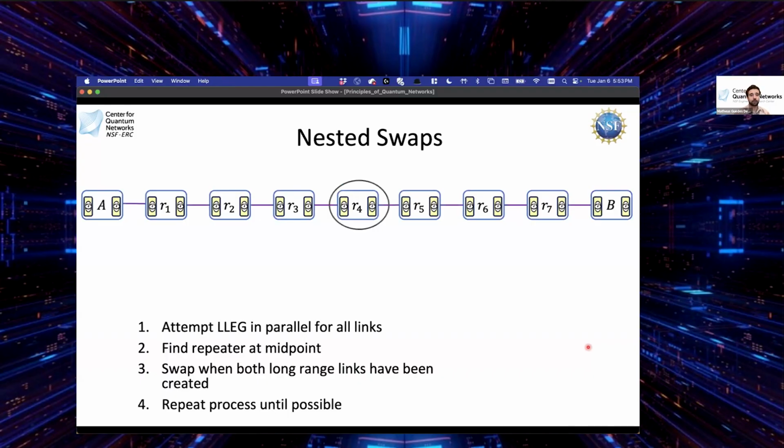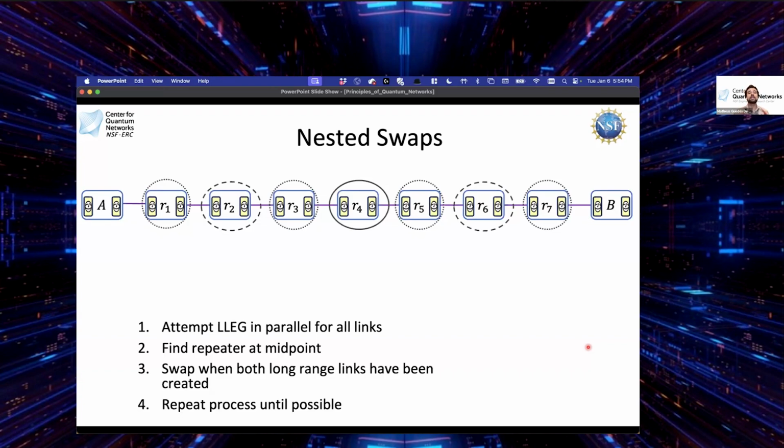So let's see how that goes. The repeater at the midpoint is repeater R sub 4. Then we're going to look at the other 2 repeaters in the midpoint between A and R4 and between R4 and B, which in this case are repeaters R2 and R6. We can still repeat the sort of division process, reaching these 4 repeaters that we see here with these dotted